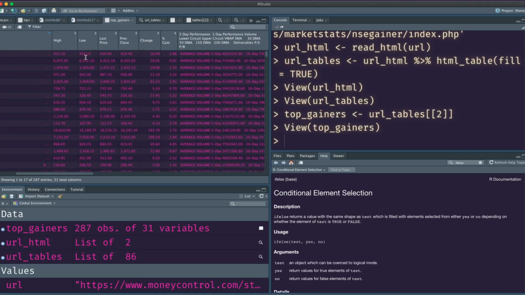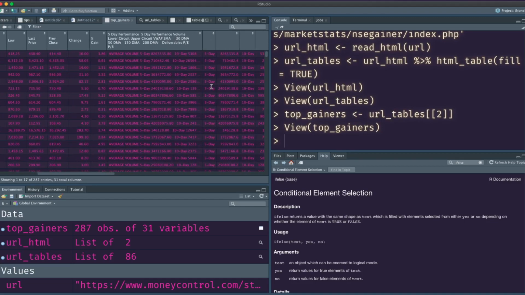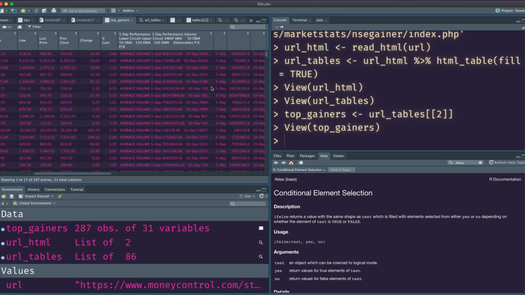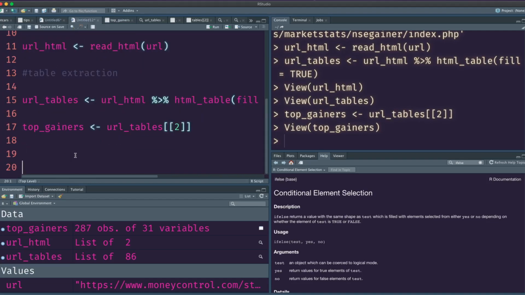Probably we can just keep 1, 2, 3, 4, 5, 6, 7. So I think everything after 7 doesn't seem to be useful, at least to me. So if you think for your analysis it is useful, just keep it. But I'm going to keep only the 7 columns. Okay. So first step is to say top